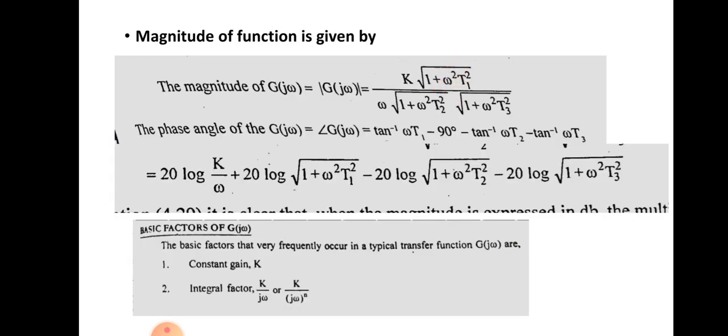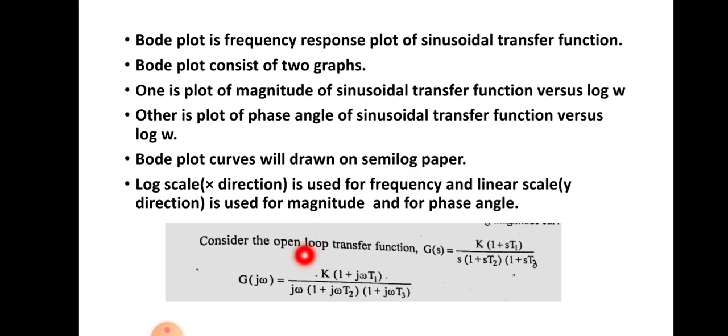Here, if we have a plus jb, then the magnitude will be square root of a square plus b square. Similarly here the magnitude will be square root of 1 plus omega square T1 square, and on the denominator side the magnitude of j omega is omega itself, because when we take the square root of omega square, it will be omega. And the next term is square root of 1 square plus omega square T2 square, into the next term, square root of 1 square plus omega square T3 square. So here the magnitude is obtained by taking the product or the division of each of the magnitudes. The product operation is similar when we take magnitude, and the division operation is also the same.